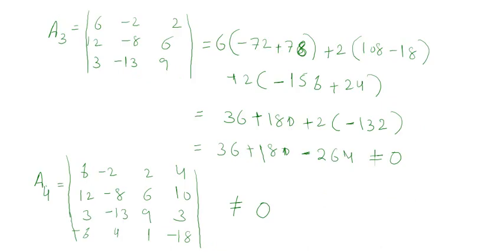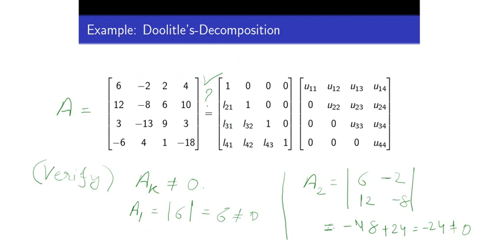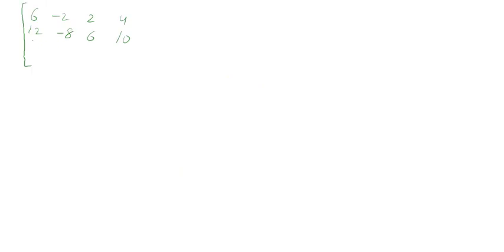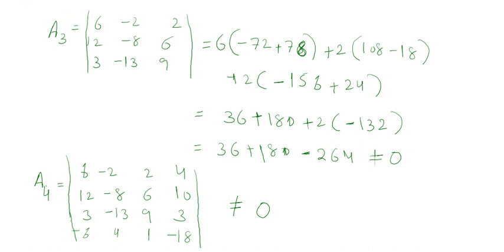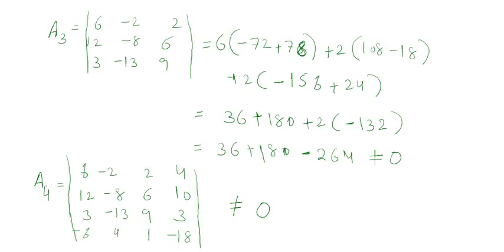If I write both sides, the left side is: 6, minus 2, 2, 4; 12, minus 8, 6, 10; 3, minus 13, 9, 3; minus 6, 4, 1, minus 18